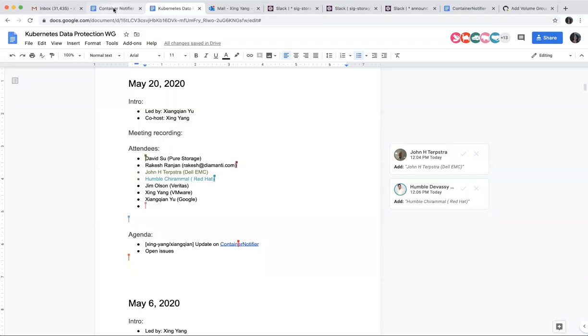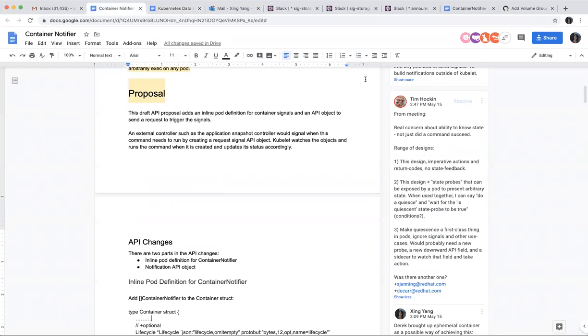All right, Xin, now it's all yours. Thanks, Shengqiang. Let me share my screen. So this is the container notifier draft proposal. We went through this once, so I just want to summarize what we have proposed here before talking about what the concerns from SigNode are.